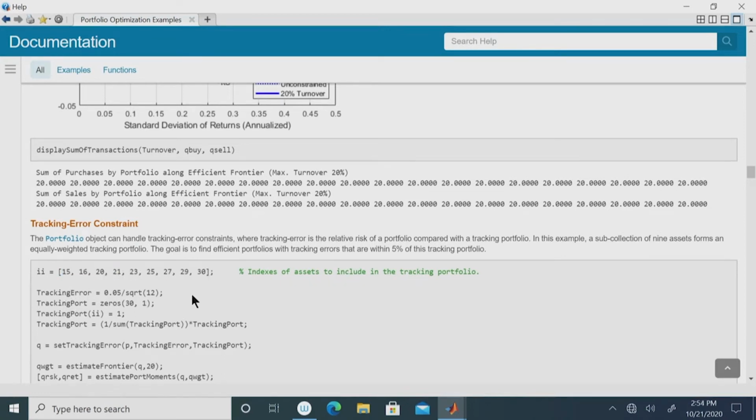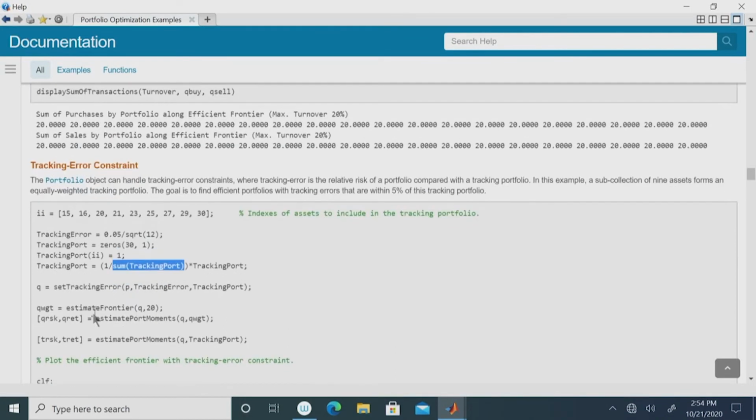So, for the 30 entries in the tracking portfolio, only 9 have non-zero values, which are all set equal to 1, and obviously the sum of those weights is equal to 9. Then you divide by the sum of this tracking portfolio, which is 9, so all the 9 entries of 1 are converted to 1 by 9. Again we estimate the efficient frontier,